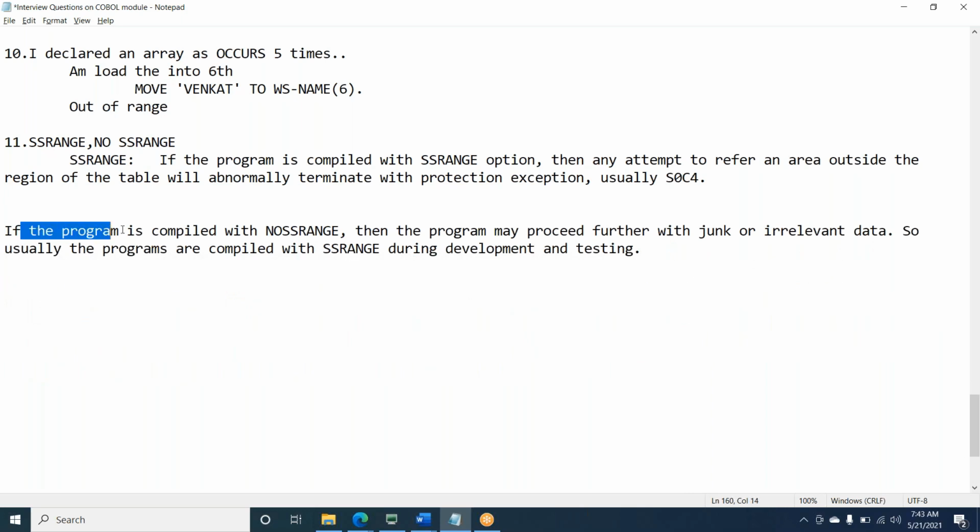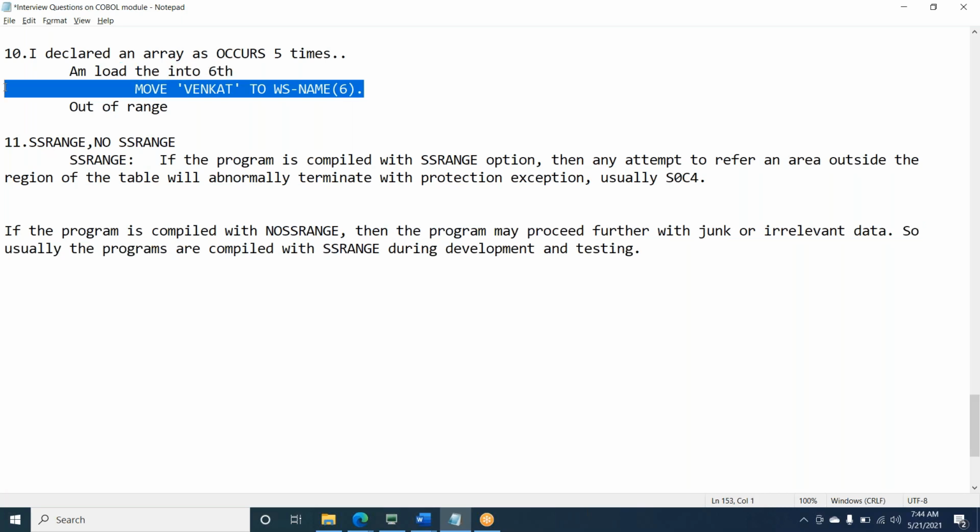If the program is compiled with NOSSRANGE, then the program may proceed further with junk or irrelevant data. Usually programs are compiled with SSRANGE during development and testing. So NOSSRANGE means it will not throw an error in this scenario. If somebody asks, if I declared an array with X size but I'm trying to access out of that range, will it throw an error or not?